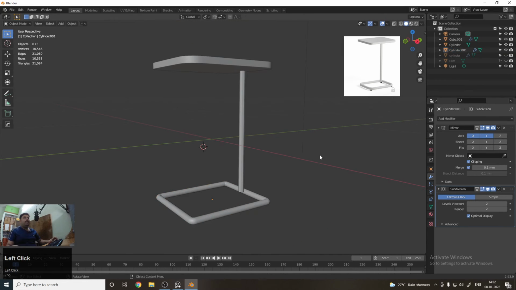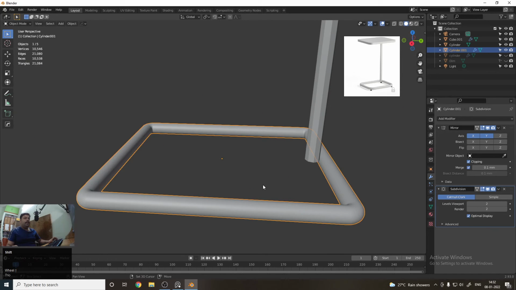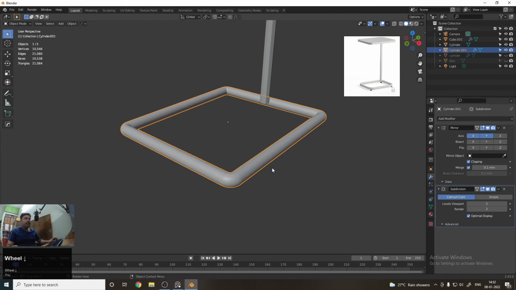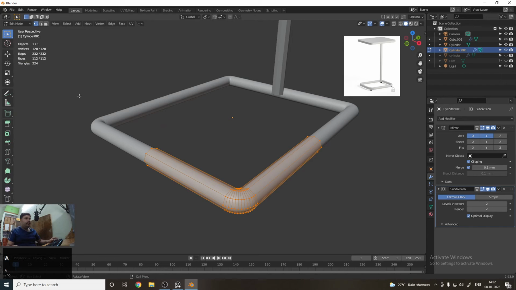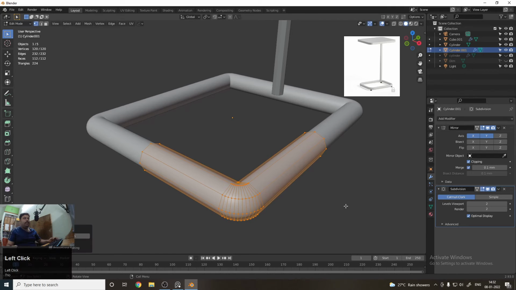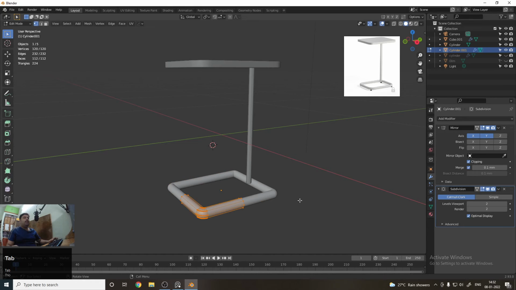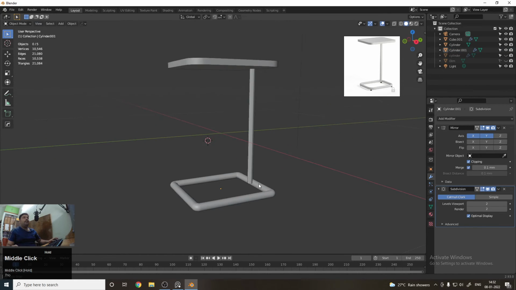So till now we have created this portion, but we want to increase the size of this cylinder. So select all with the help of A and Alt S and scale it depending upon your reference model. So it is looking okay. Let's scale down. Okay, now it's looking okay.